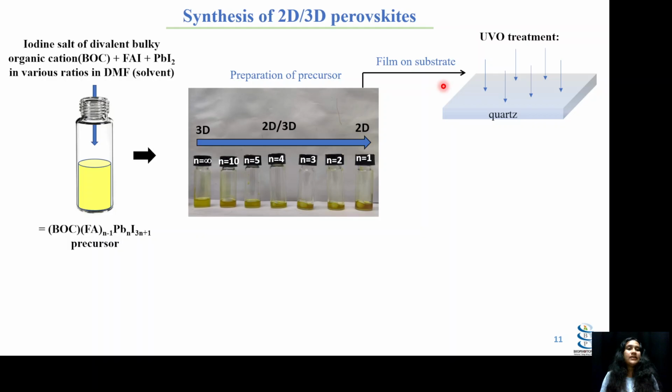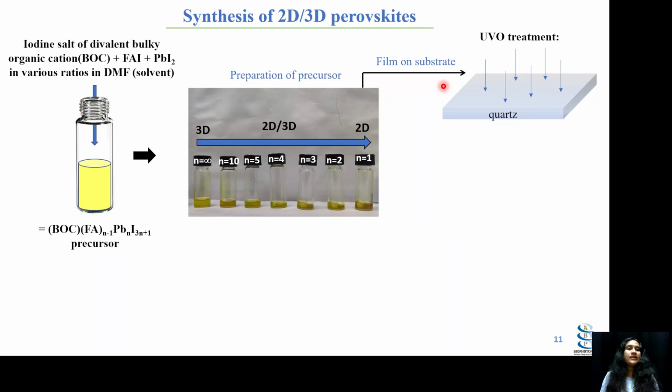The resulting perovskite films obtained from various precursors look this way, and their corresponding n layers, or the 3D and 2D, are marked. Now I perform optical characterization, that is, I obtain the absorption spectrum as well as the photoluminescence